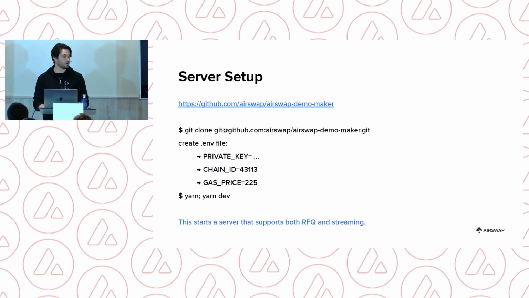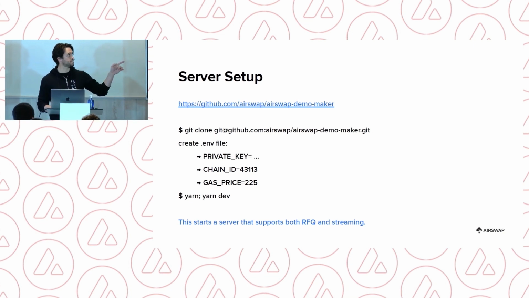So that's where I am currently on the demo screen. Is the text big enough? Can you guys see? Yes. All right. So I can just fire this up with yarn dev. Okay, it's loaded its account. It's running on the Fuji testnet. It's loaded both the last look and request for quote protocols. Now that we've got that running,